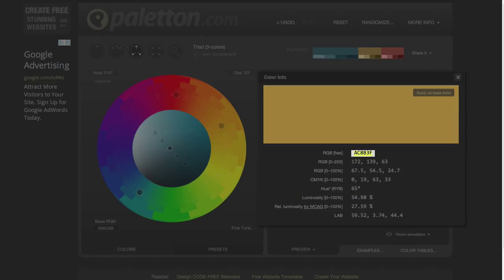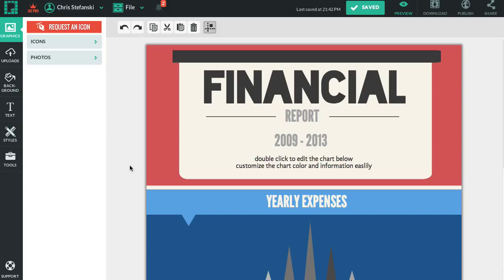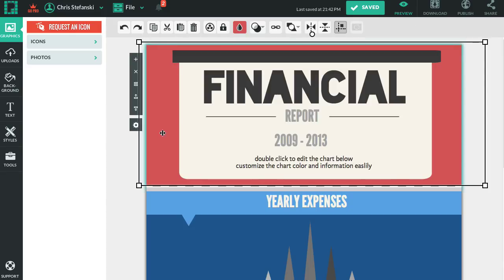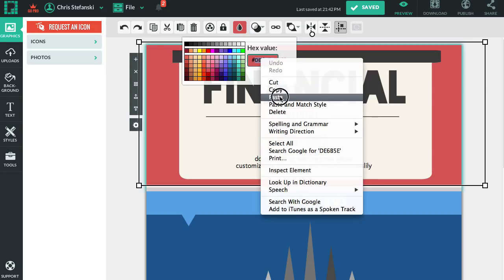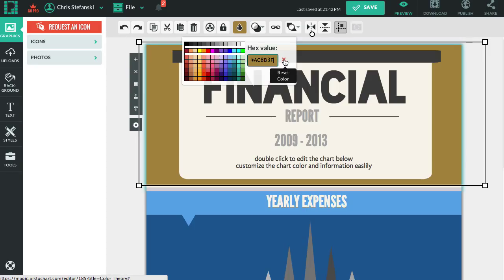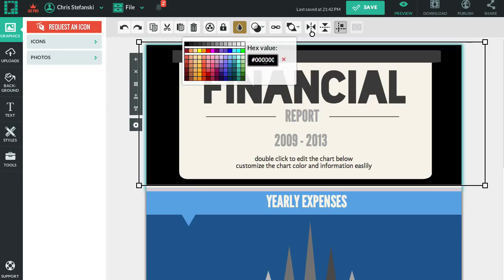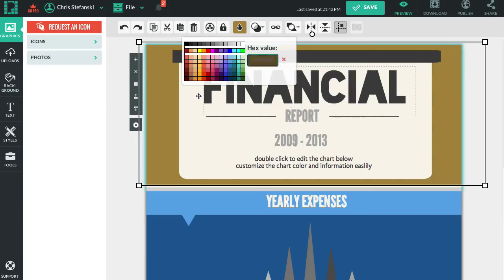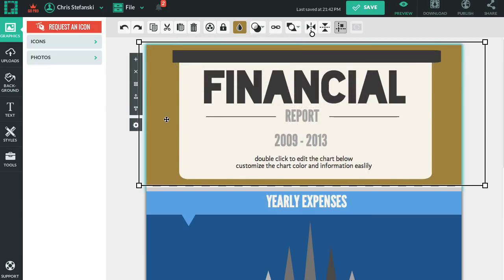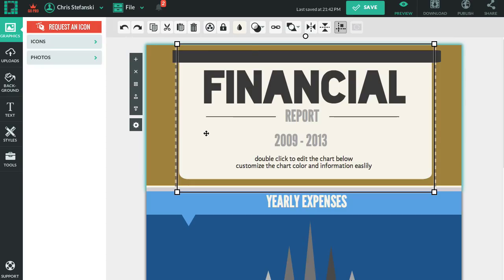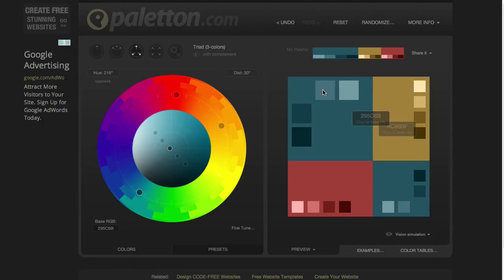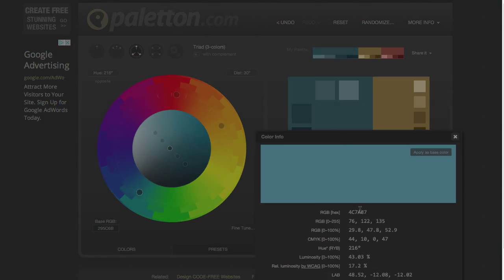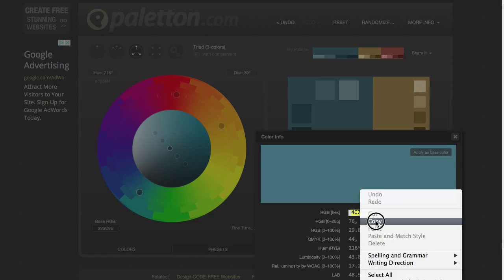And then you're going to want to go over into your infographic, pick the object that you want to change the color for, select the color, and where it says hex value, you're going to paste the one you just selected. And now it took, whoops, let me just paste that back in there. It took that color and replaced it for this. So then if I go into this object here, let's go back into my color scheme designer, and let's pick this blue right here. I'm going to click on it, go to the hex value, right click, copy,